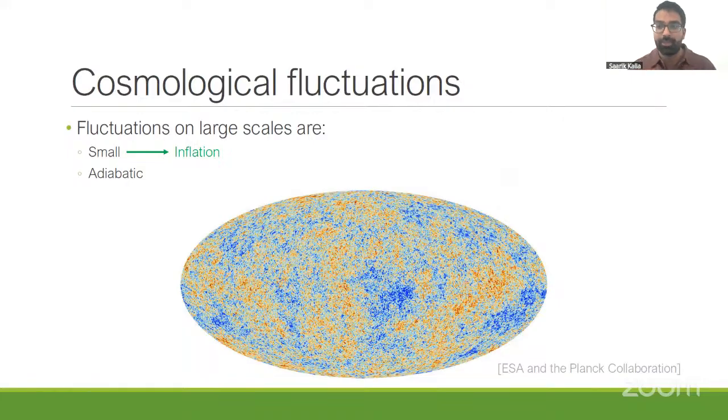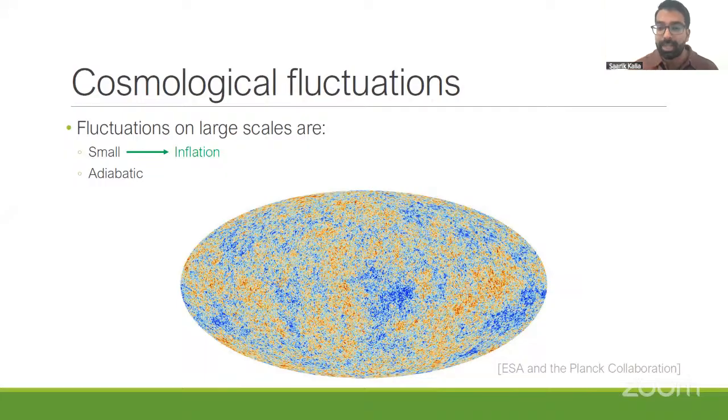Of course, we have good observational evidence that the universe on large scales is fairly homogeneous. You'll oftentimes see maps like this of the CMB, which are telling you that at some spots the CMB is slightly hotter, at some spots it's slightly colder. But these fluctuations are really very small overall, very small compared to the average temperature of the CMB. So any good theory of cosmology should be able to reproduce these small fluctuations. And of course, one very common explanation is inflation, that there's some period of early expansion which can lead to this type of effect.